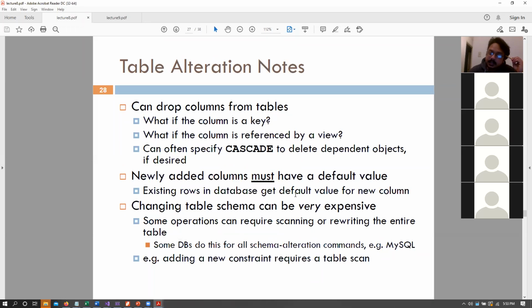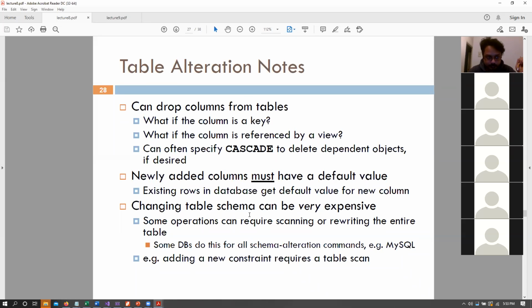So there are certain issues when we talk about alterations. So the first thing is what happens. So we say that we can alter a table, and we also said that we can drop a column if we want. But what would happen? My internet connection became unstable for a second. Can you guys hear me? Yeah, it will cut up for about like 10 seconds.